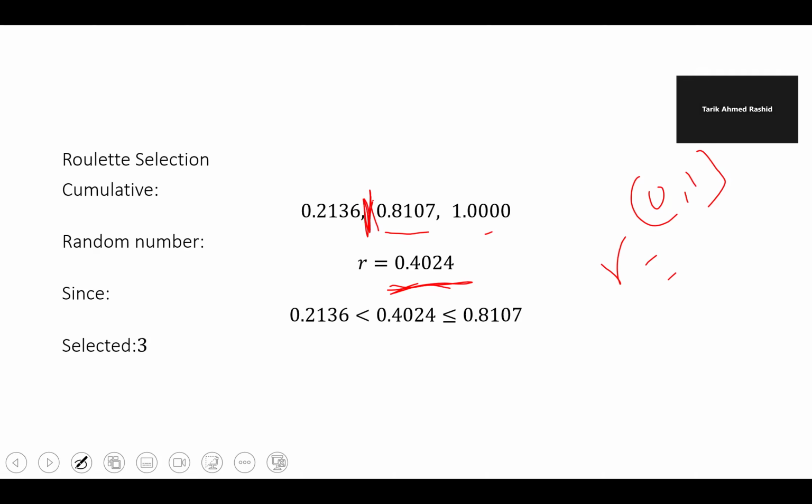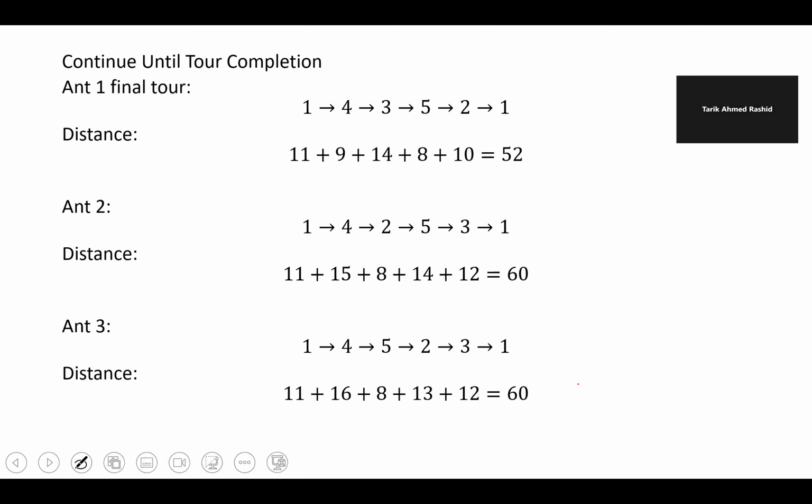So that is 0.2136, and that is 0.8107. So the number 0.4 is located between these. Therefore, we will select node 3. Node 3 has been selected. We will continue doing this until we